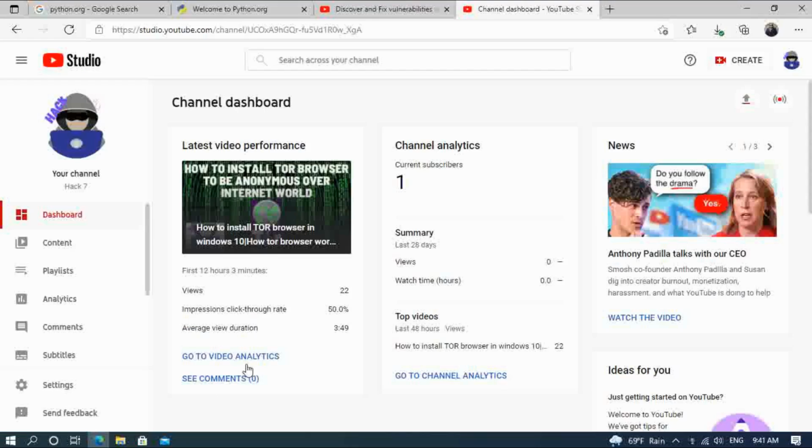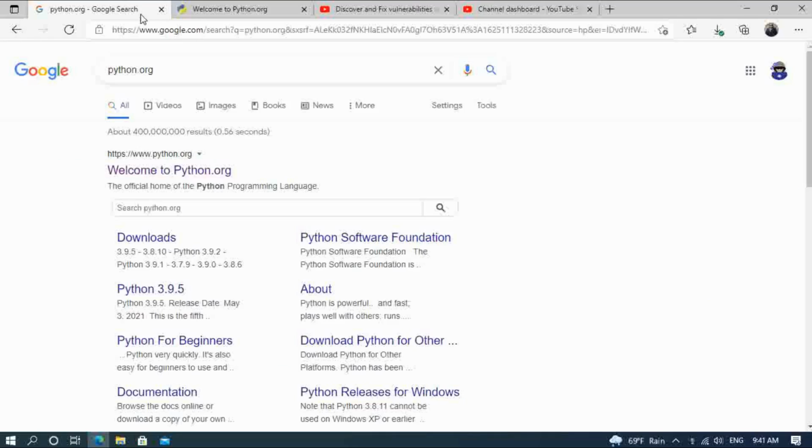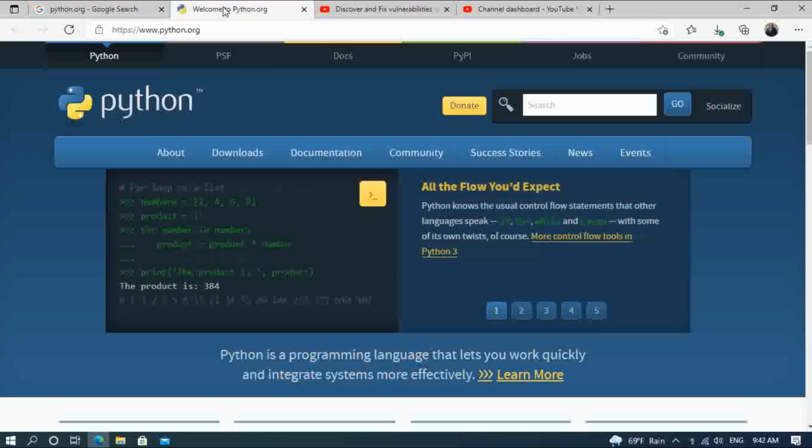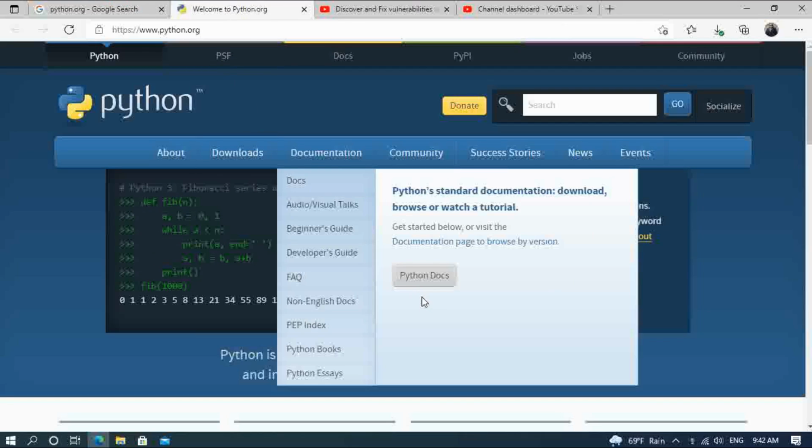I'm going to show you how to install Python 3.6 in Windows 10. Just start with the menu. Go to google.com and search for Python. Just here, the Python all releases you have received